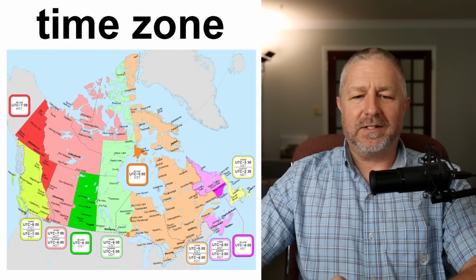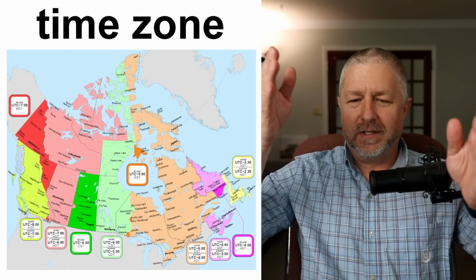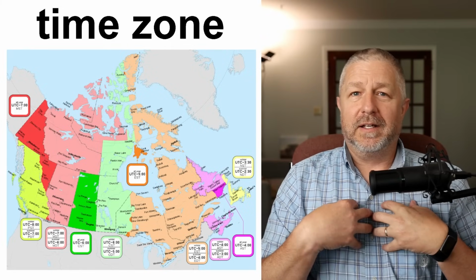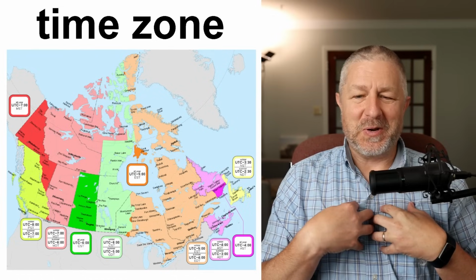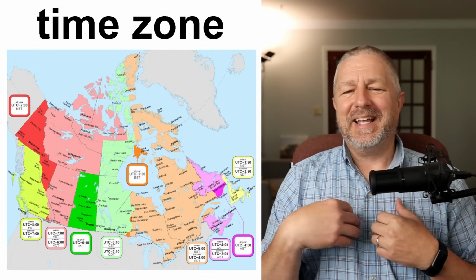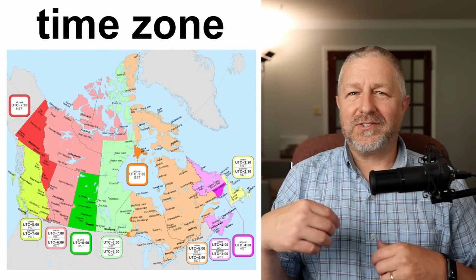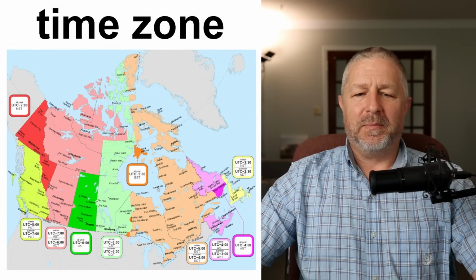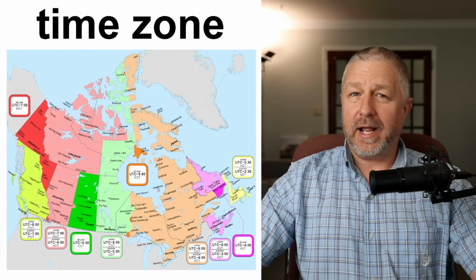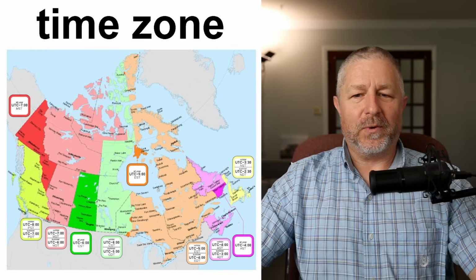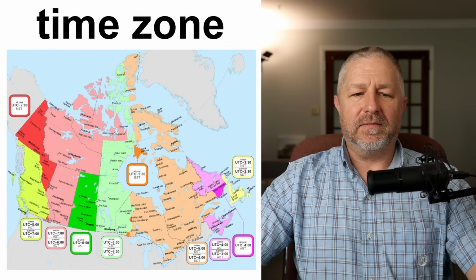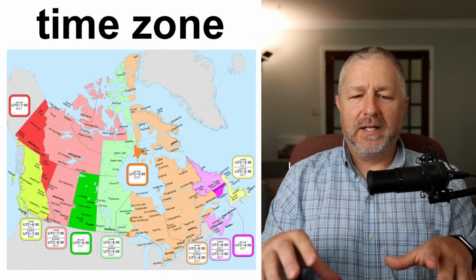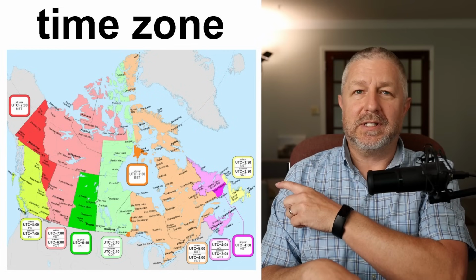Time zone. So a time zone is the place on Earth where you live and the name of that zone based on time. I live in a time zone in Ontario. I live in Ontario, and my time zone is Eastern Standard Daylight Savings Time. We usually just say Eastern Standard Time, but right now it is 8:34 a.m. where I am. So it's 8:34 in the morning, and I live in the Eastern Standard Time Zone. I think Brent is in the same time zone as me. Canada has a few time zones you can see here.